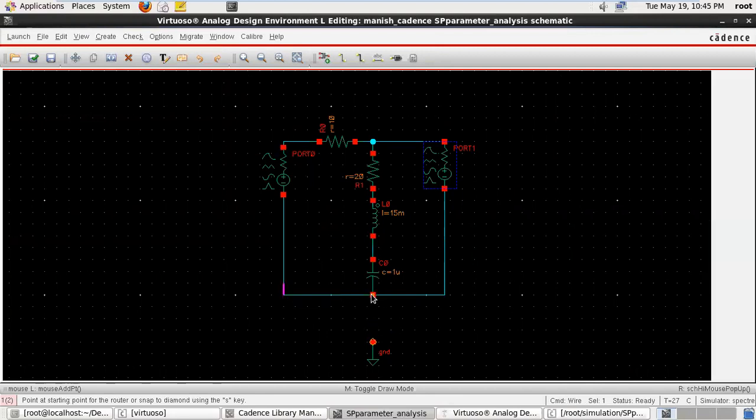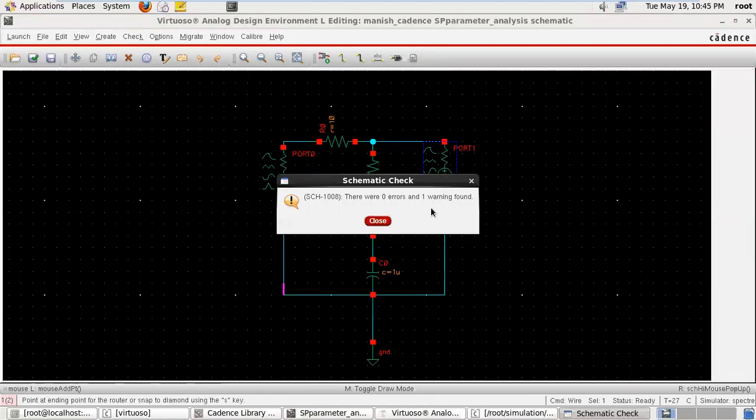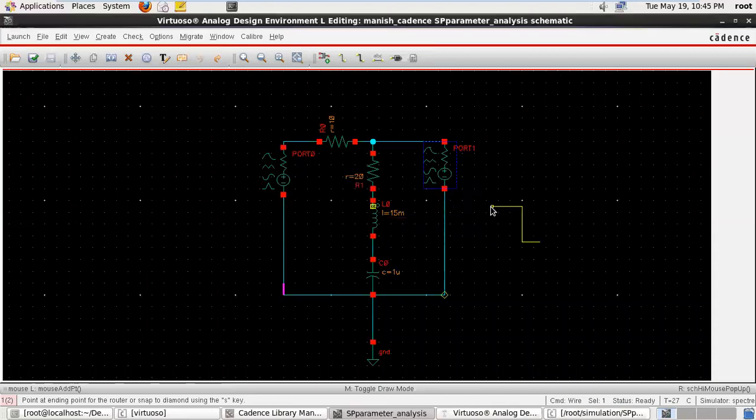You can calculate mathematically and verify your result. So just check and save. One warning, where is the warning? This is an open circuit. Okay, wire.